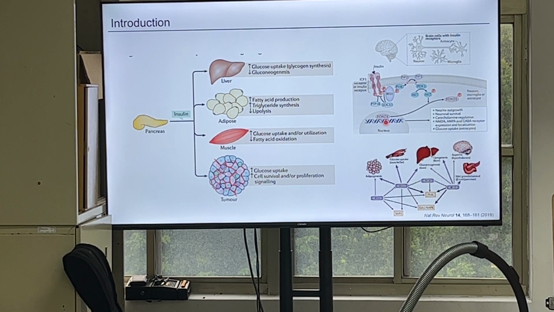Take FOXO as an example: it's a transcription factor, but in brain and other tissues it can express different genes. That's pretty reasonable, because a transcription factor doesn't just activate on its own. In terms of chromatin structure, you have heterochromatin, you have euchromatin, and